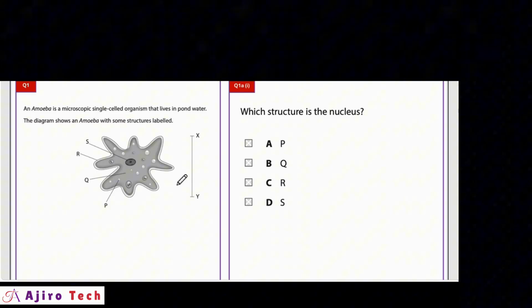If you look critically into this cell, you discover that the nucleus is always centrally placed in a eukaryotic cell, especially the animal cell. In a plant cell, the nucleus is not centrally placed; it is the vacuole that is centrally placed. But in an animal cell,